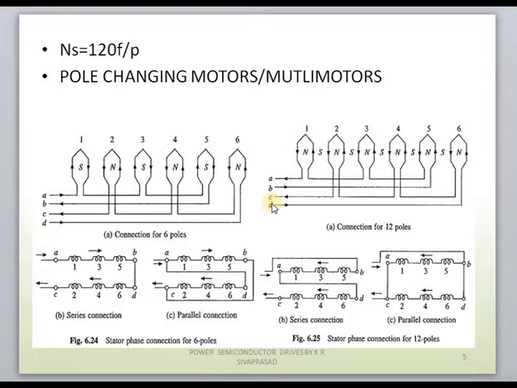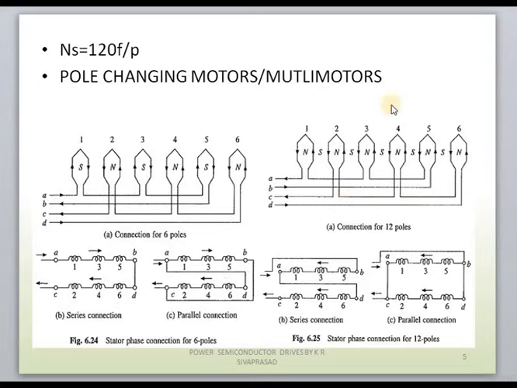Now we are creating north pole, and the C and D directions will not change here. If you clearly observe, in the previous case the current flows from D to C. The same current direction is mentioned here also. It passes through the coils and away from C. So there is no change in the direction of the C and D coils.